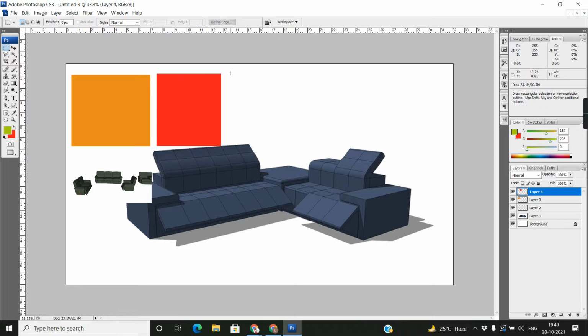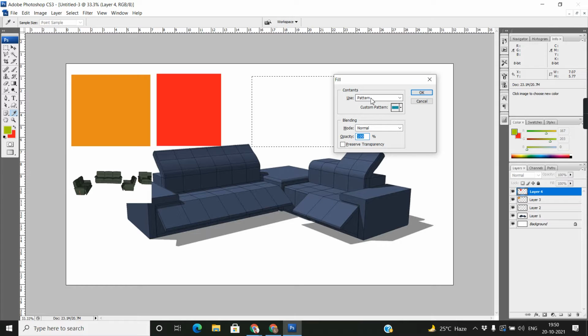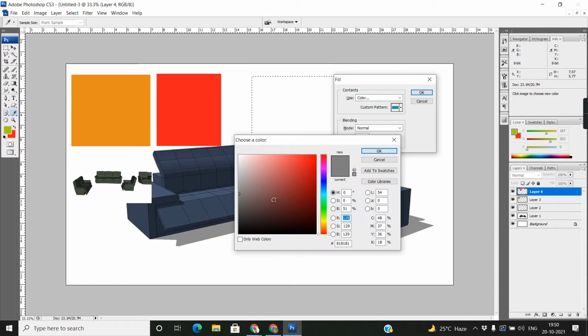Or if you want to fill a color manually, just press Shift F5. Shift F5 is Fill, and you choose what you want to fill with: foreground, background, or color. I just want a color. You can select whatever color you want.